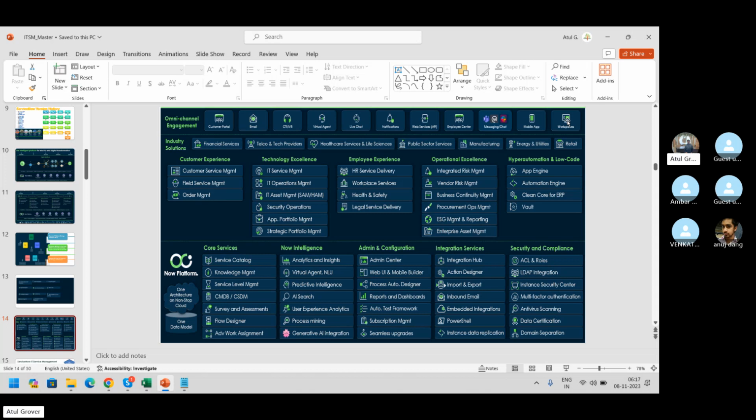Come on, Snow and ServiceNow are two different things. If you as a recruiter will not use the right terms, then how can you expect the candidate to use the right terms? So going forward, ServiceNow and Snow are two different terminologies. Snow is a different company. ServiceNow is a different company.